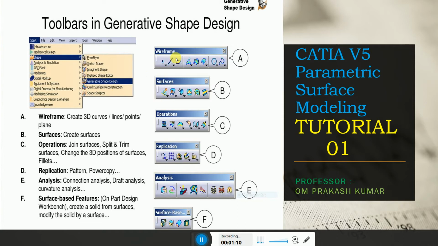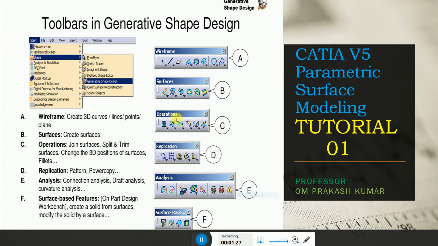So what is wireframe? Wireframe simply means creating 3D curves, lines, points and planes. What is surface? Surface basically creates a surface operation.